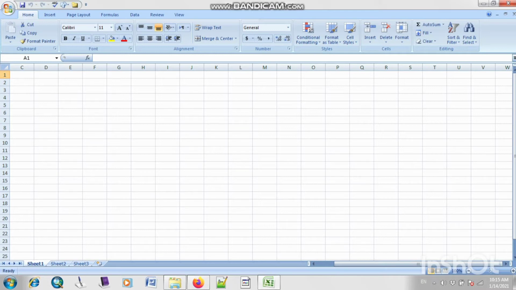So status bar represents how many words you have typed, what is the current topic of your document. For example, as you can see, if I type here 50 and I type here 50, you can type in multiple cells and it will show here, but if you are using Microsoft Word, it will show how many words, how many symbols and how many sentences you have typed and how many pages right now you are using. But here we can also find this option of zoom in and zoom out.